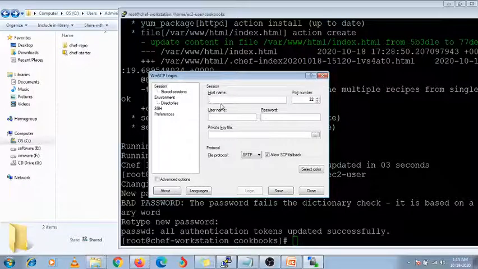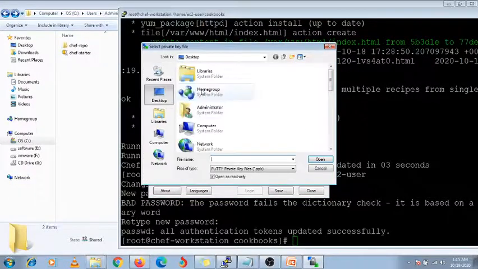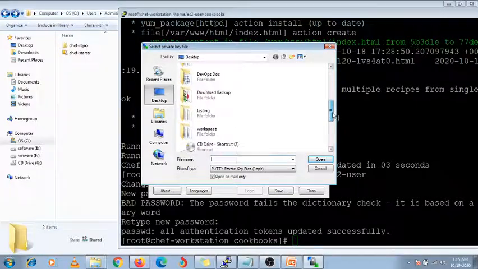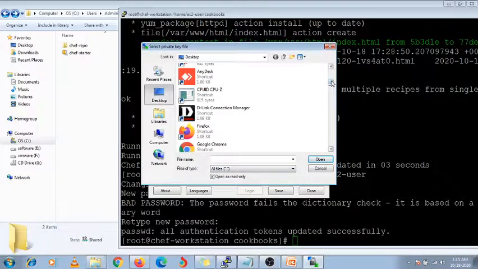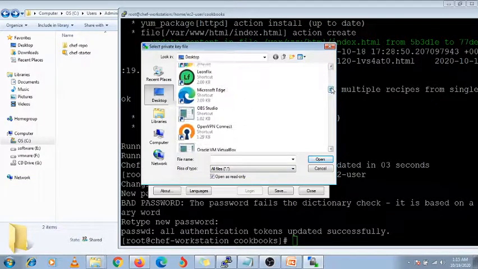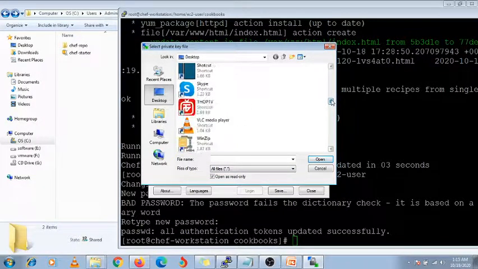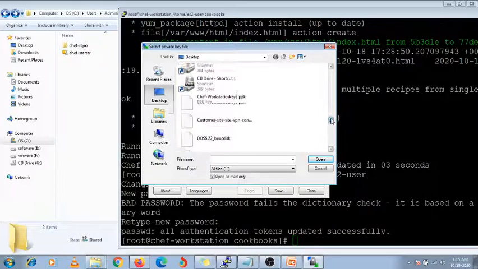Actually here we need to select the private key, right? Without the private key it is not going to log in. So I am going to this option, that is the private key, which we have downloaded. We need to take it first, all files. That is my Chef workstation.